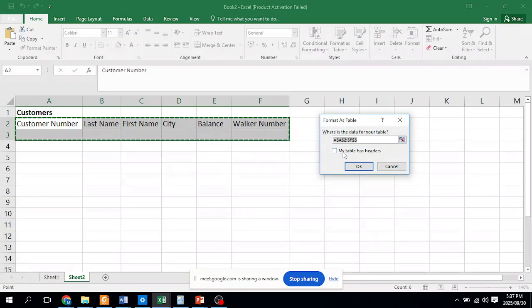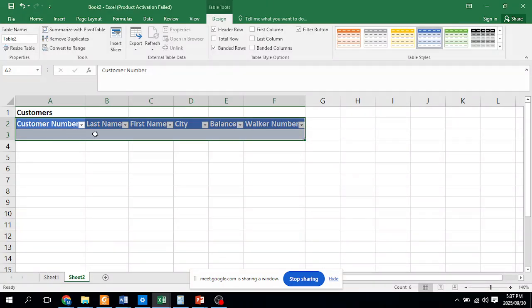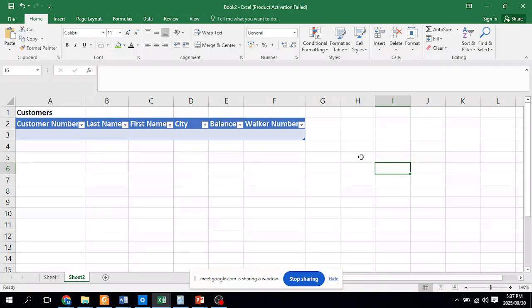Now you will see my table has headers. Now it has headers. I just told you it has headers. I just inserted the headers. So now you will click on this one over here because these will be my headings. And then when you click on OK, you will see it makes almost like a heading here at the top for you with this table. Now look at what happens when I click out. You will see there is a little darker corner over here. This corner is just to indicate the growing of this data table, or how it grows.